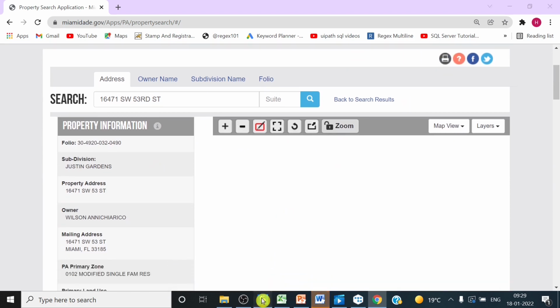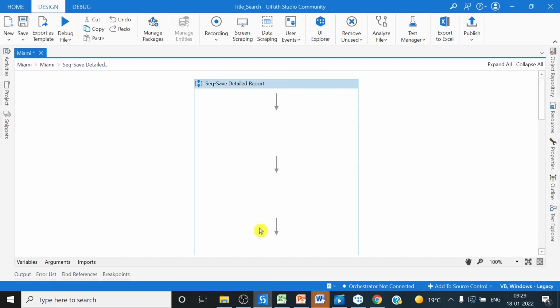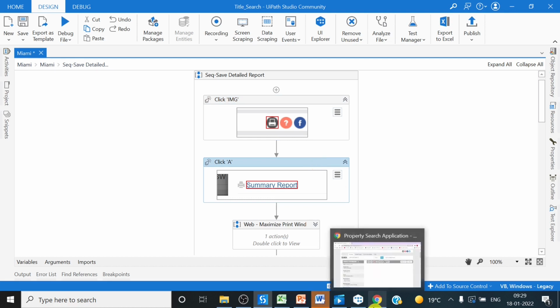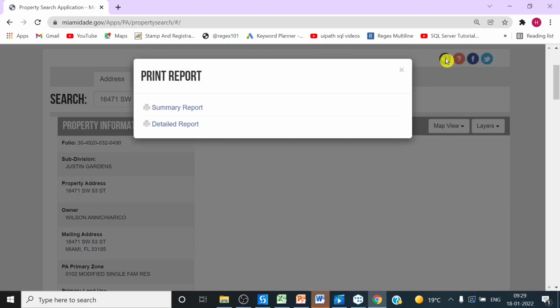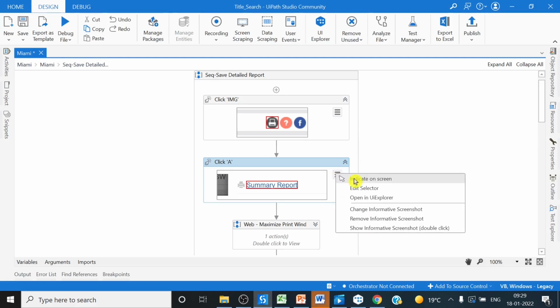Now let's come back and open this detailed report sequence. This will remain the same, which is a click on the print button, and then this we have to change. So what we will do is click on this, and then I will go to my UiPath Studio. Come here, indicate on a screen,